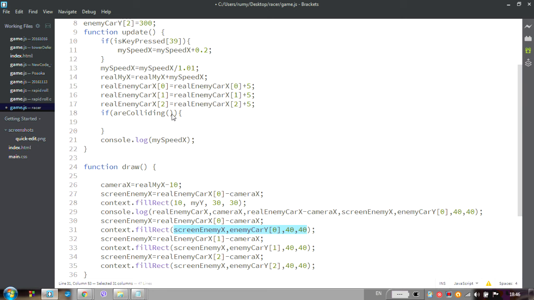We can find a way to make it work. Of course, we are not going to use the screen enemy X that was evaluated on the previous line if we don't copy and paste this line too, or at least this formula, and then finally add the other three values from the drawing of the car 0. So we can call it like this, and then we have to add the 4 numbers for the